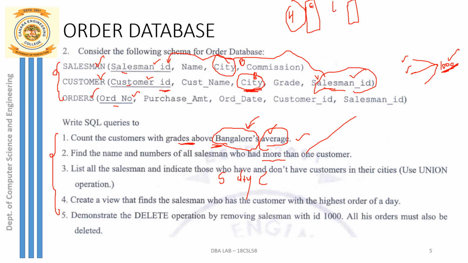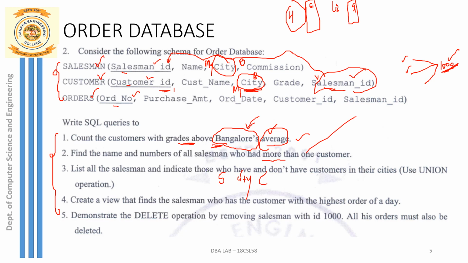So what is our list 2? List 2 is the list of salesmen whose city is different from that of the customer that he is serving. Suppose I have a salesman whose city is say Mysore, and if that salesman belonging to Mysore is serving a particular customer who belongs to say Mangalore, in that case the salesman city and the customer city both are different, right?